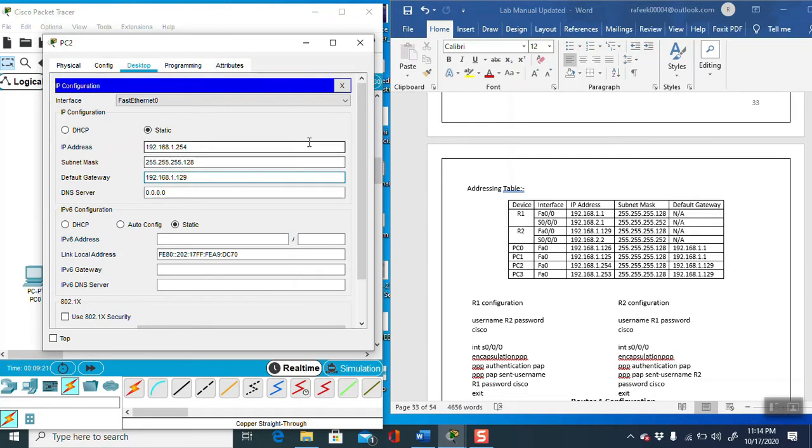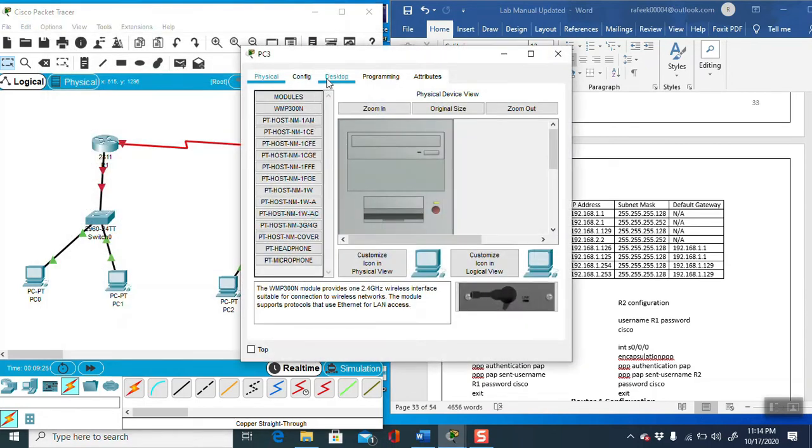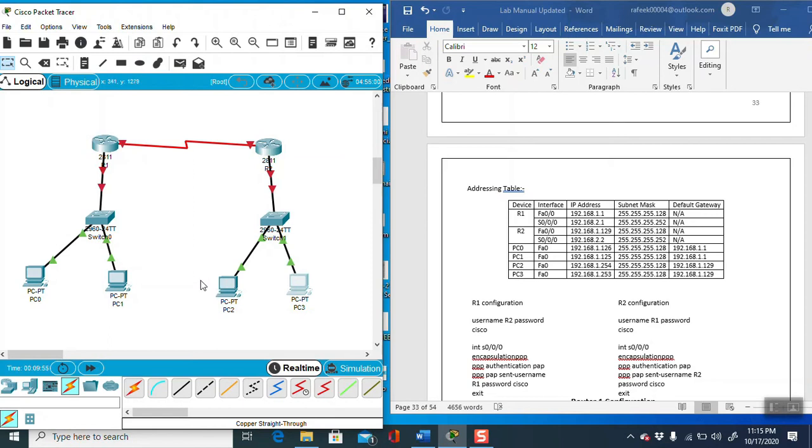Now the third PC: 192.168.1.253, mask 128, default gateway 192.168.1.129. Now I have given all the IP addresses to all the PCs.